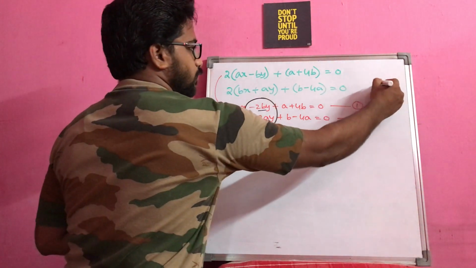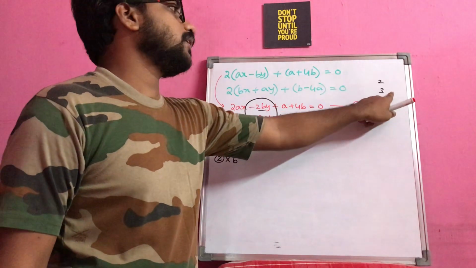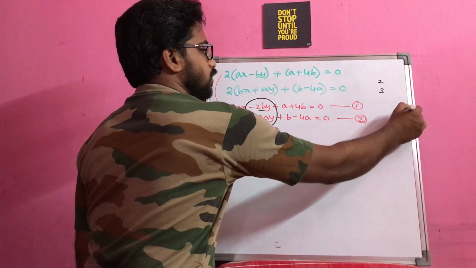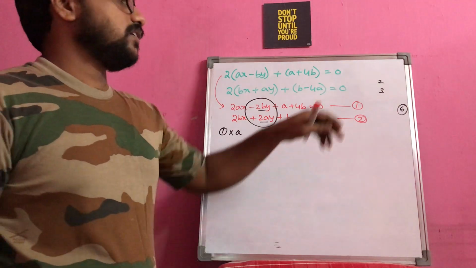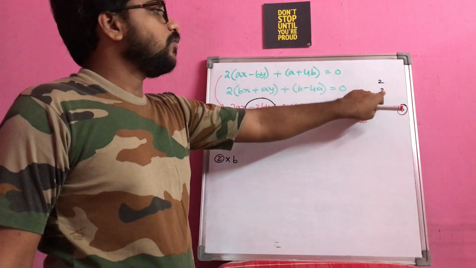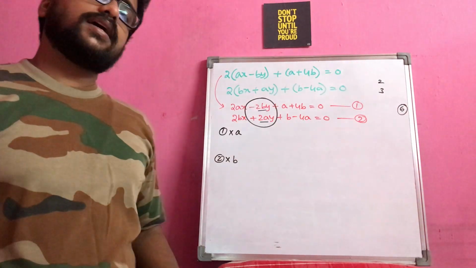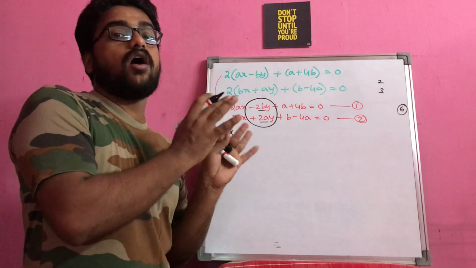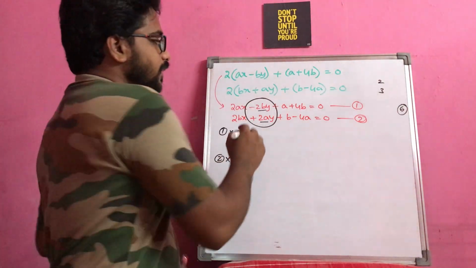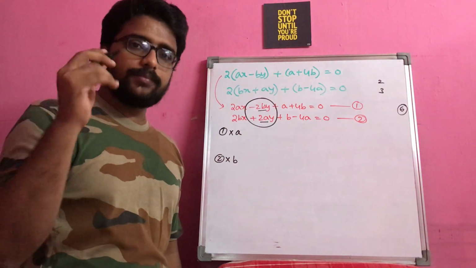How to get a 6? If I have a 2 somewhere here and a 3 somewhere here, I will try to multiply these two, then I will get 6. So I think in such a way: what has to be multiplied with 2 so that I get 6, what has to be multiplied with 3 so that I get 6. What I am doing here indirectly is looking for a common factor. Similarly, here b and a are there, so the common factor will become ab.